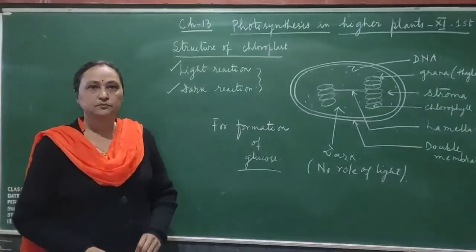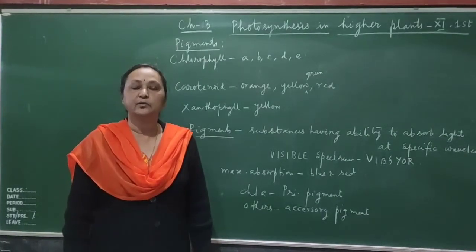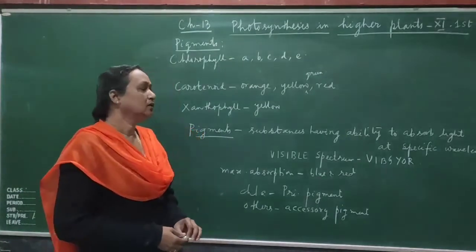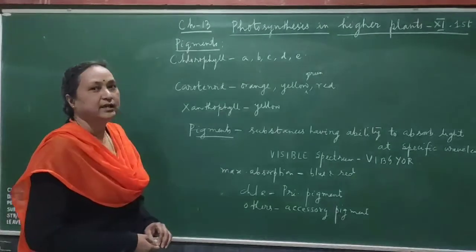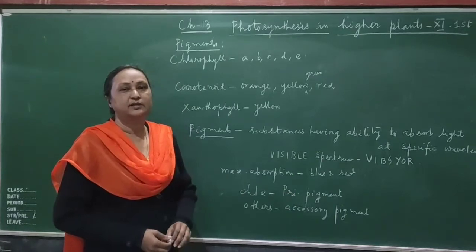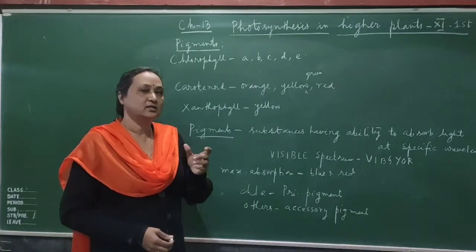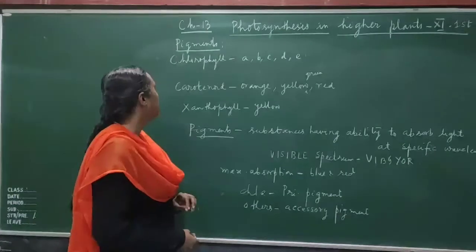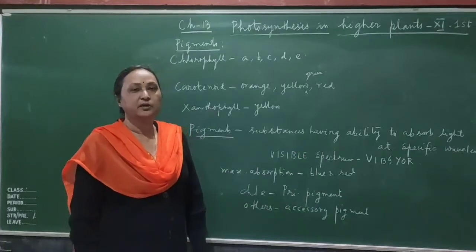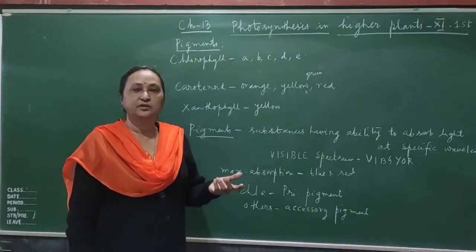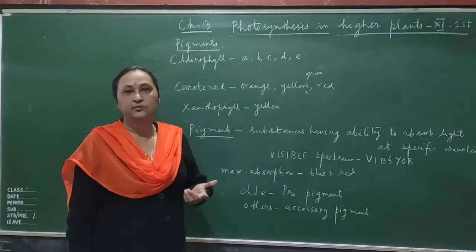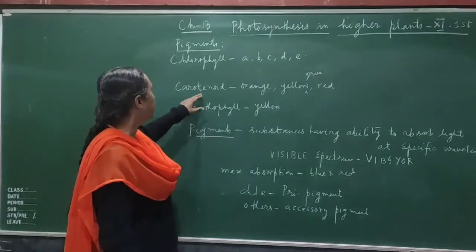Alright. Now we will discuss the different types of pigments. All of you know the green parts have chlorophyll pigments, and chlorophyll, which is a green pigment, has different types: A, B, C, D, E. Out of all these 5 types, chlorophyll A is the main or primary pigment. And carotenoids are the orange, yellow, green and red pigments. You have seen flowers have different color pigments. Even in variegated trees and many potted plants, other color pigments are there. So that is called carotenoid.